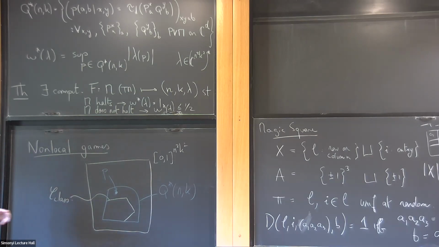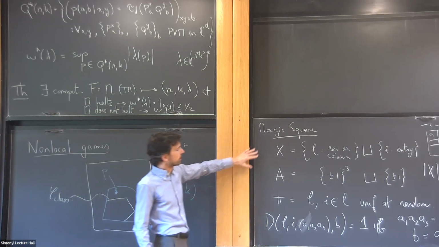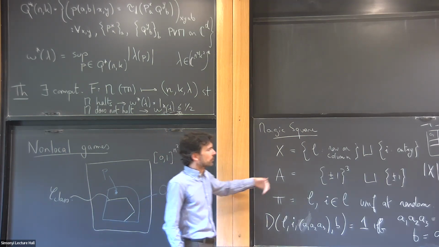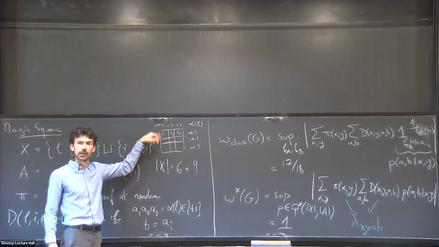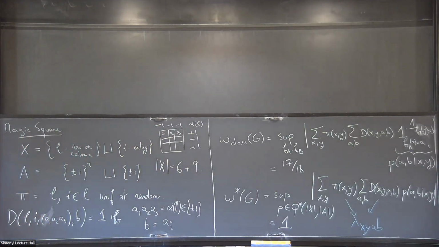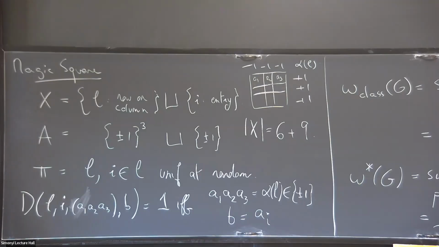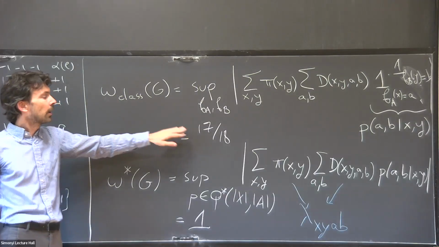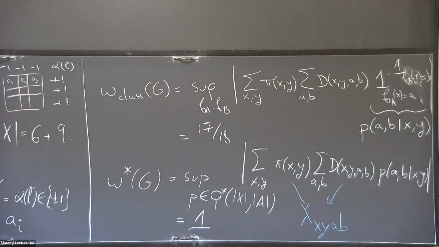What's the computational statement? Well, for example, here you can think of this magic square as a game that tries to check whether the system of equations that I have here, 6 linear equations in 9 variables, has a solution or not. So that's my computational problem. Given the system of equations, is it satisfiable or not? And I can construct a game that witnesses it. The game is the magic square game. And if I look only at the classical value of the game, this classical value is less than 1, exactly because the system of equations is not satisfiable.